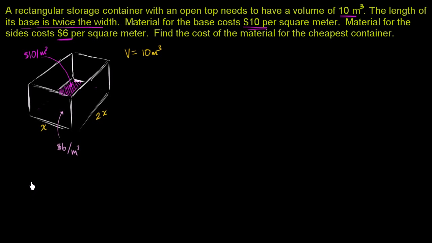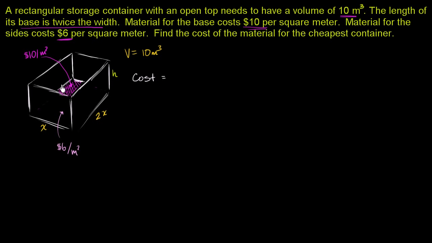So let's see if we can come up with a value for how much this box would cost to make as a function of x. But x only gives us the dimensions of the base. We also need a dimension for height. So it'll be a function of x and height for now. So let's write h as the height right over here. So what is the cost of this container going to be? So the cost